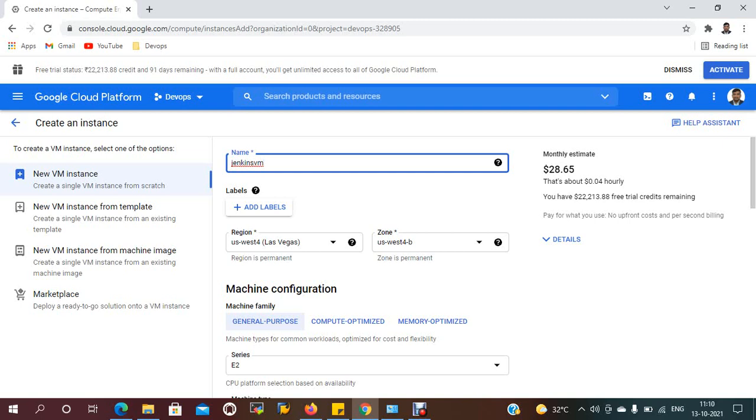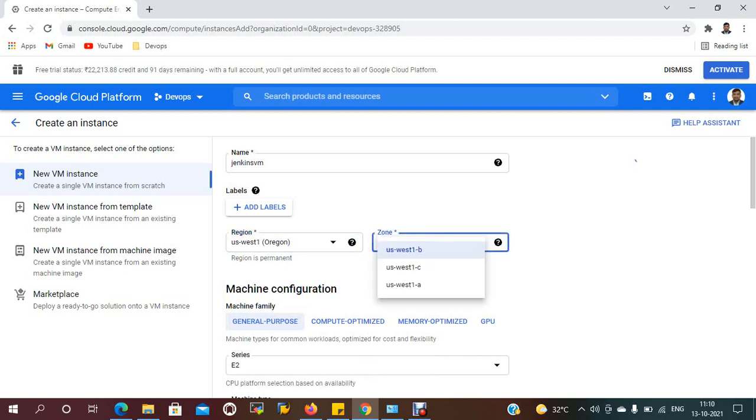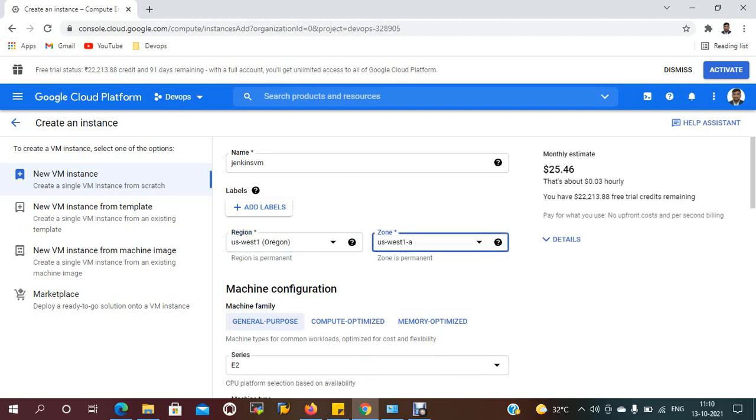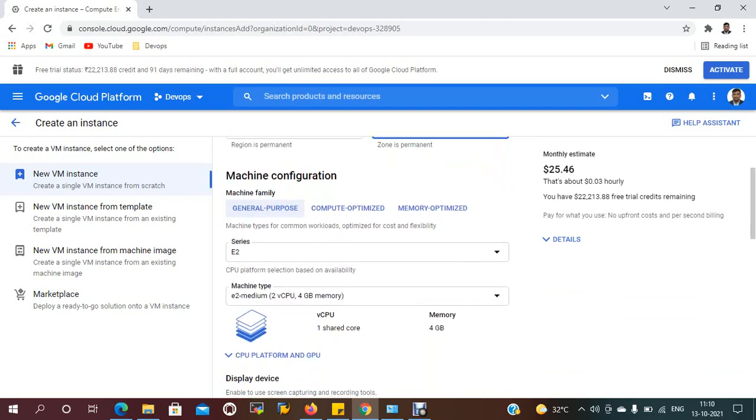Under a region we have zones also. I'll create it in the US West 1 region and the zone US West 1 A. The series is E2 and the machine type is E2.